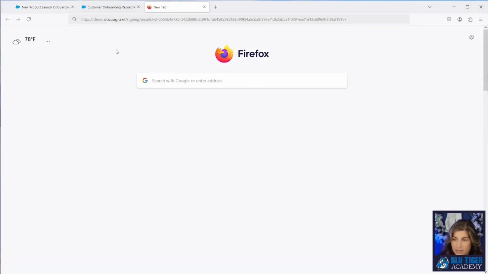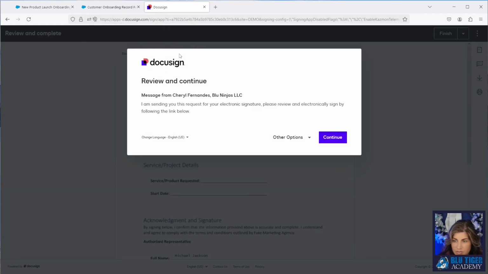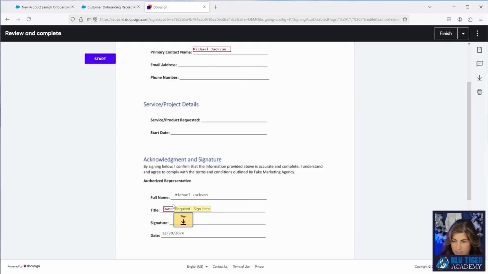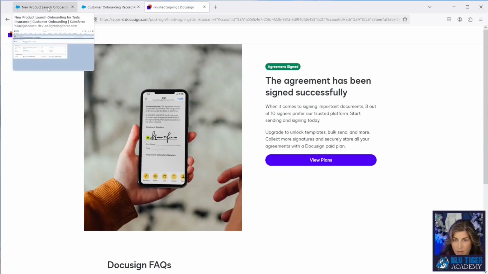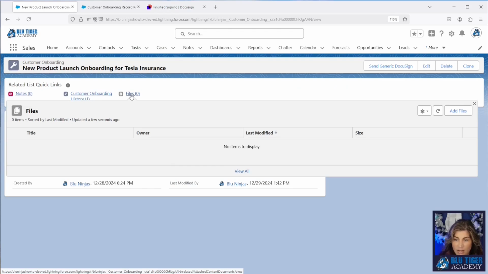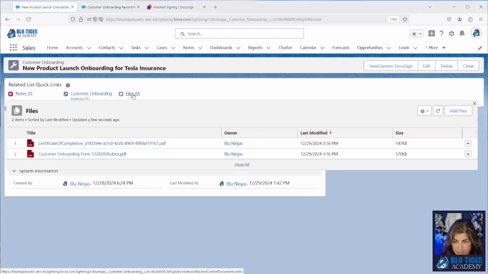Now I received the email and we're going to sign this document. And now we'll come back to our custom object record and we should see the files come back in here. And here's our signed document and then our certificate for completion.